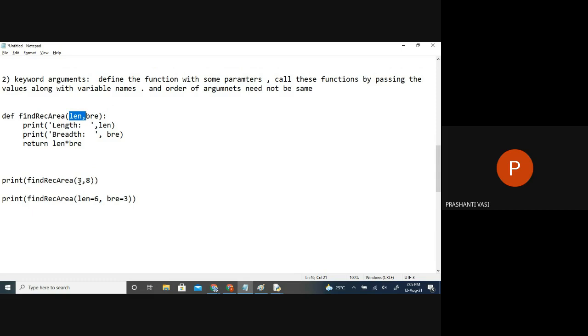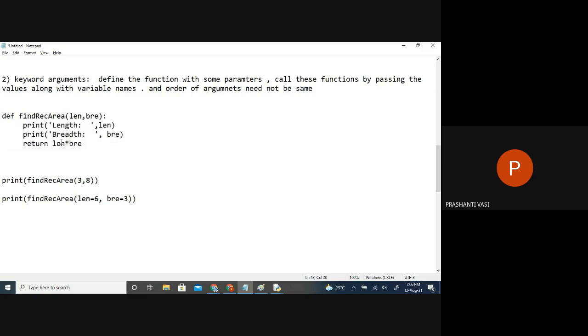I sent breadth first and then the length value. So it received the first value as length and the second value as breadth. According to the sentence, it will print a wrong message. Length is actually 8 according to our requirement and breadth was 3. But when I passed this information, it was saved in reverse order. And when we see the message, it's coming wrong. Length is shown as 3 and breadth is shown as 8. So the display message is going wrong.